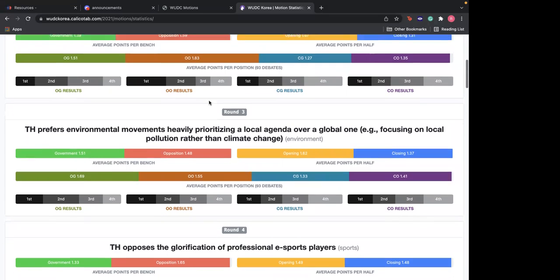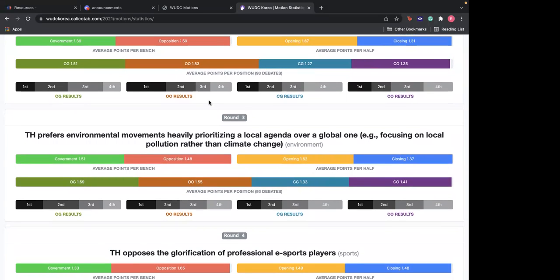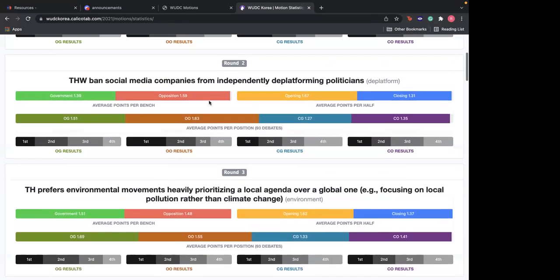Okay, let's go back to this, right? So you see there are different types of motions that are particularly present, and these are obviously important to understand. So I won't go into a lot in terms of what these motions are and what exactly you have to do. I just want to familiarize you with all of them.